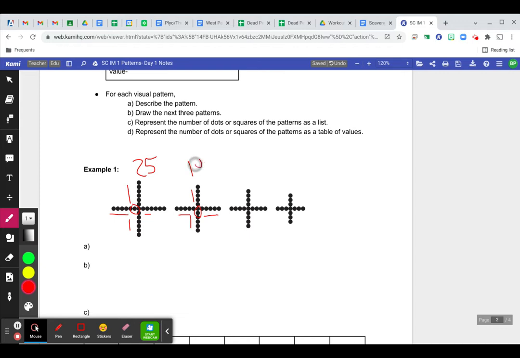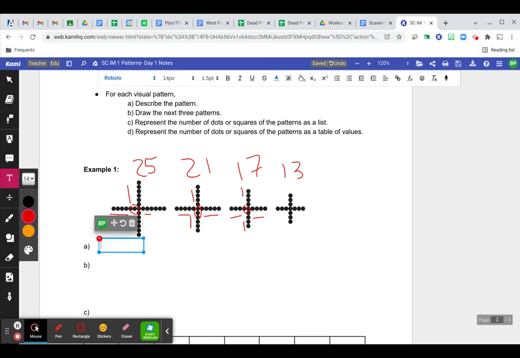So that ended up being, what would that be? Sorry, I think that comes out to 21. And then we had 4, 4, 4, and 4, and then 1 dot in the middle. So that came out to 17. And then 13, and so on. So for part A, when it asks for you to describe the pattern, there's a couple